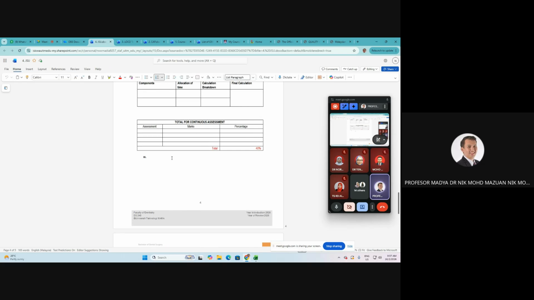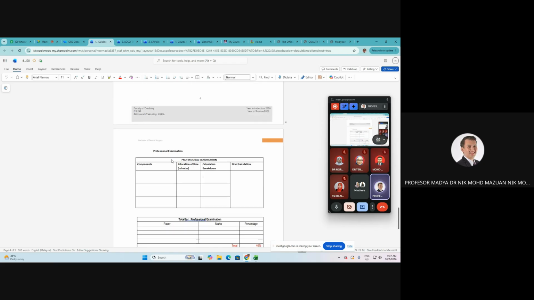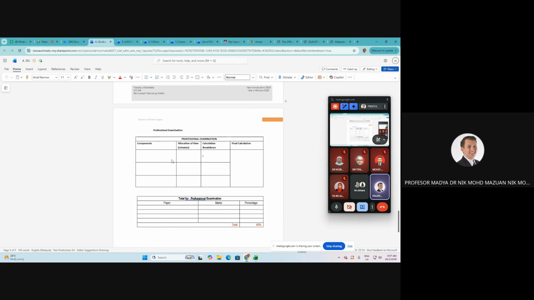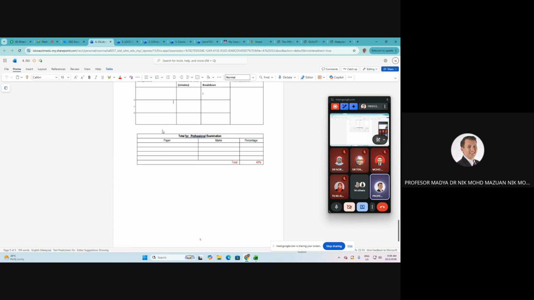The next one is the professional examination here. Okay, professional examination. You put the component in paper 1, paper 2, paper 3, and then you give a calculation breakdown, calculation allocation of time for every paper, and then the final calculation. How do you get the 60% for the professional examination? Again, this one should correlate to your CAP, the percentages too. It's a bit difficult, I think, to do this because